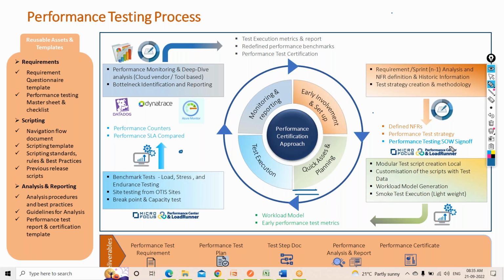Now the second thing is performance testing SOW sign off. This will definitely be done by your manager only, because some cost is also involved, because you will be working. By the end of the bonus sessions, I've prepared a sample SOW also. You will see that you are billed for your hours. Let's say you're working 9 hours, you get billed for that. The client will say, okay, you are billing me for 1 month, but the performance testing team has not done it because of some blocker. So, statement of work.